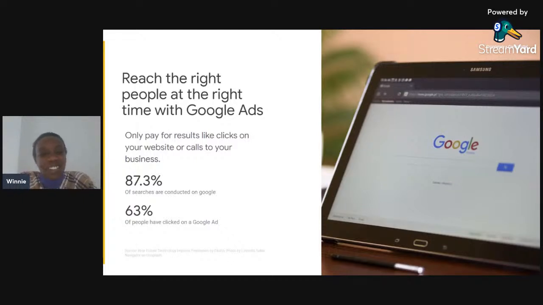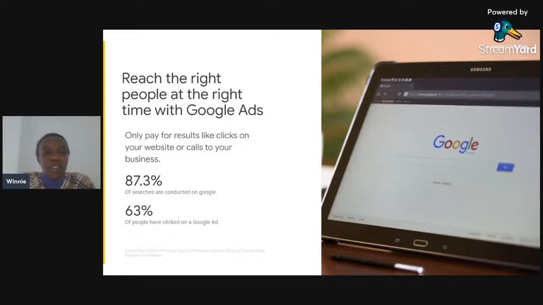But anyway, most searches, 83.7%, are done on Google. So you want to capitalize on the people who come online. And 63% of those are people who click on an ad. So there's a 63% success chance for somebody to click on an advertisement.